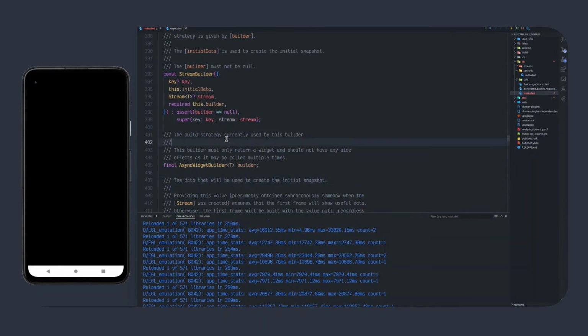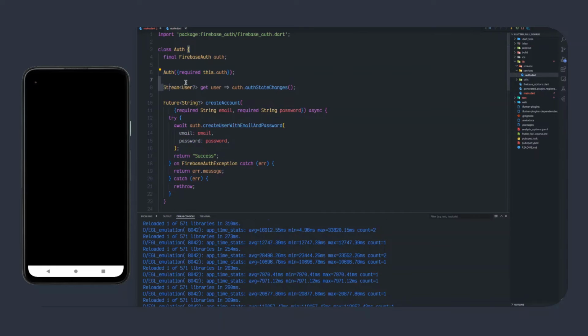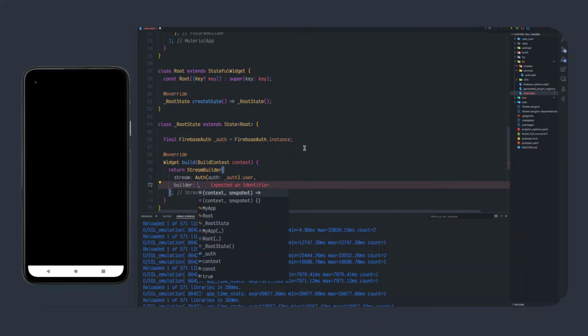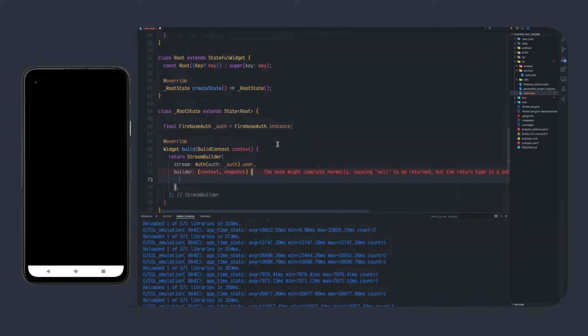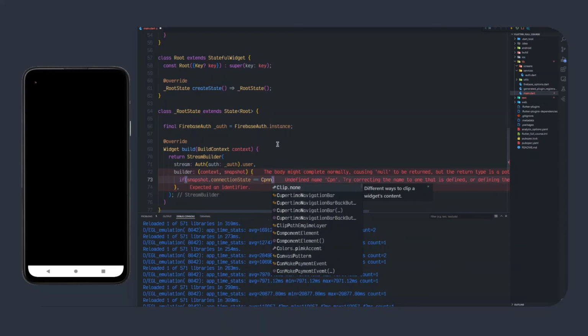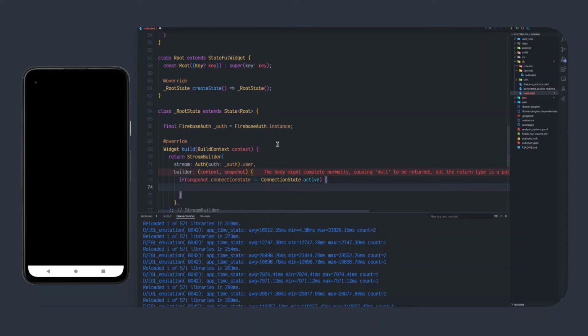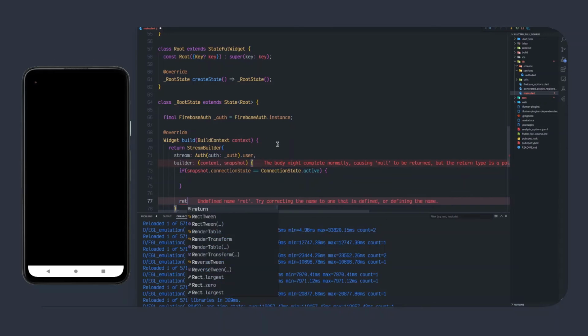And if we come to the Auth class, you can see that we are trying to get this stream. So auth, and then we come here and go .user. So that's the stream. Then we'll have the builder, which will take a context and a snapshot. So we'll get that. So now what we're going to be doing is coming here and going if snapshot.connectionState is equal to ConnectionState.active, then we're going to have something over here, and actually we'll also have return